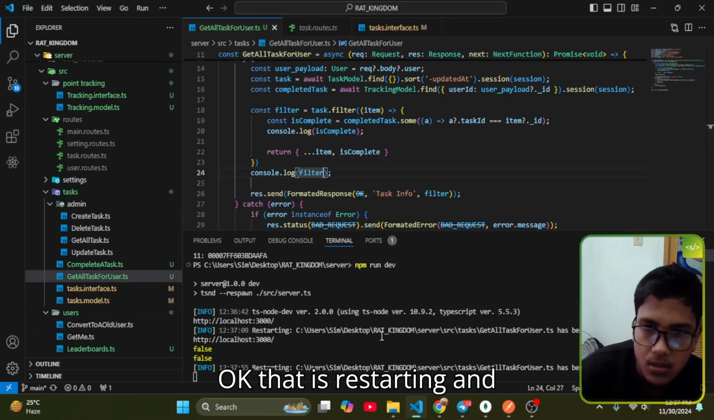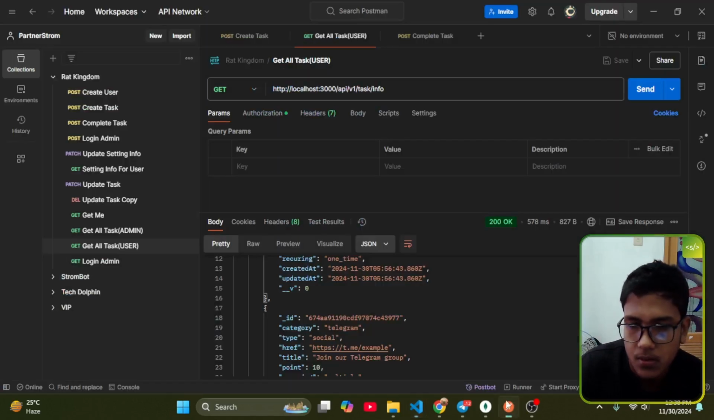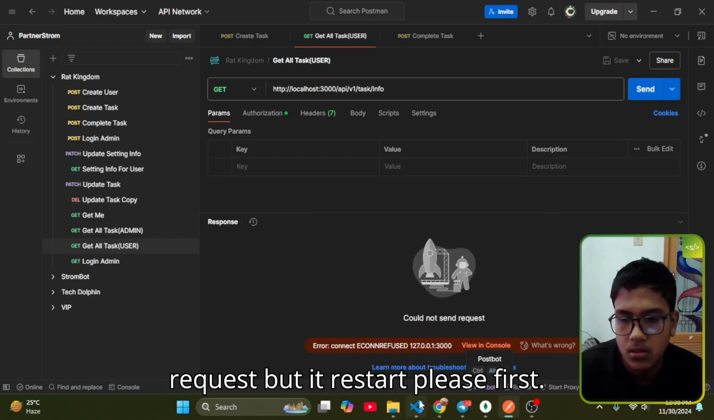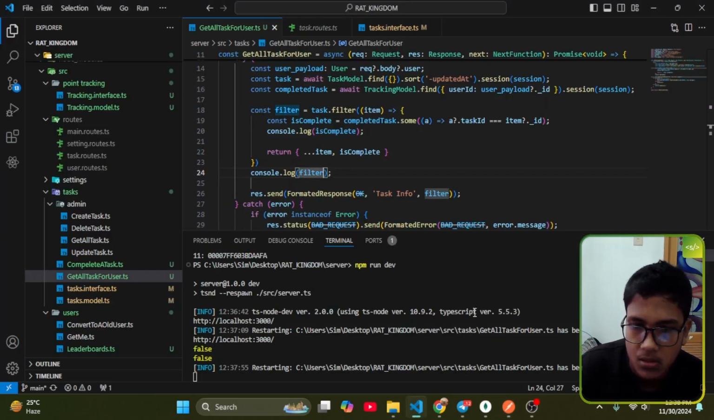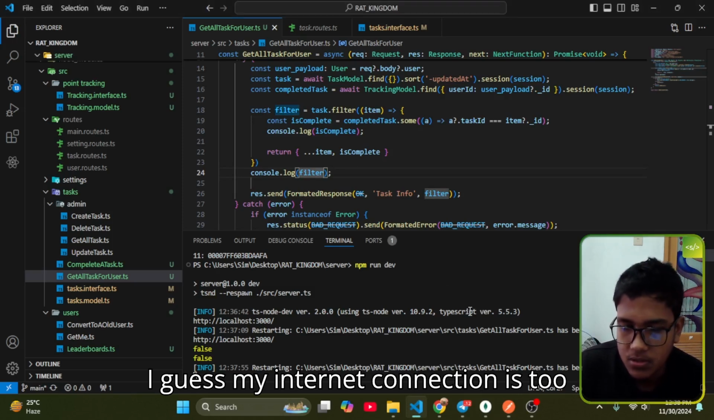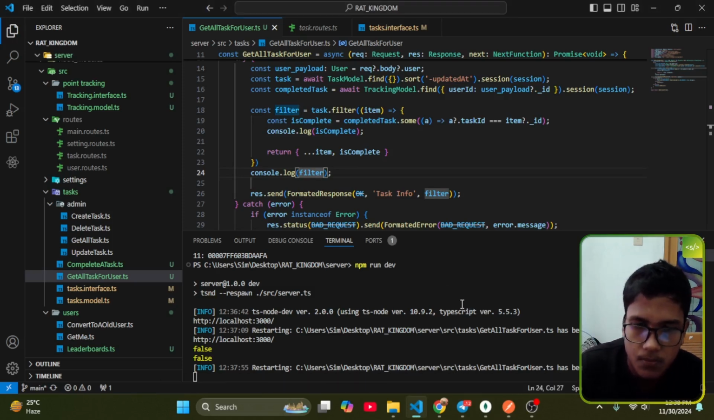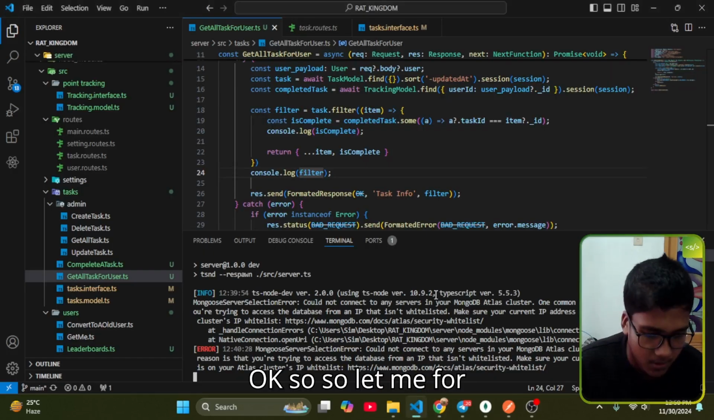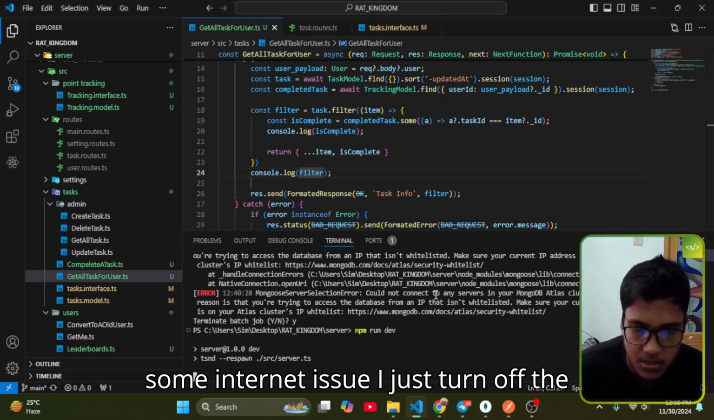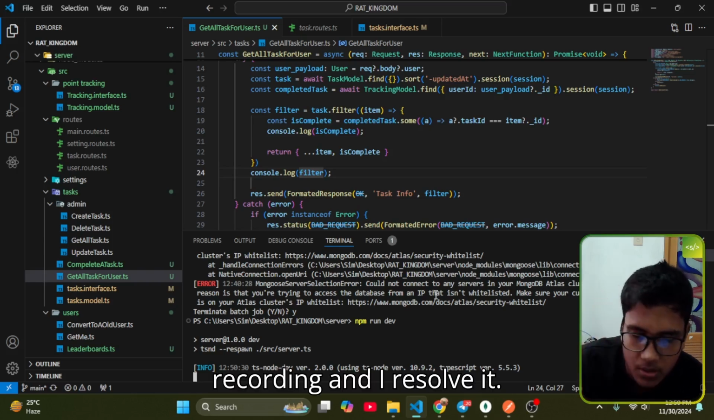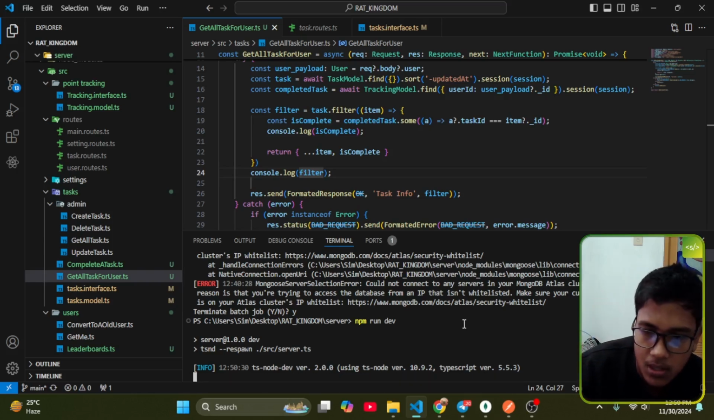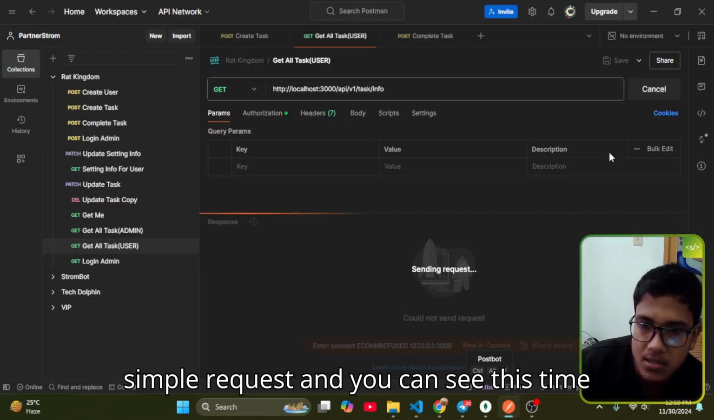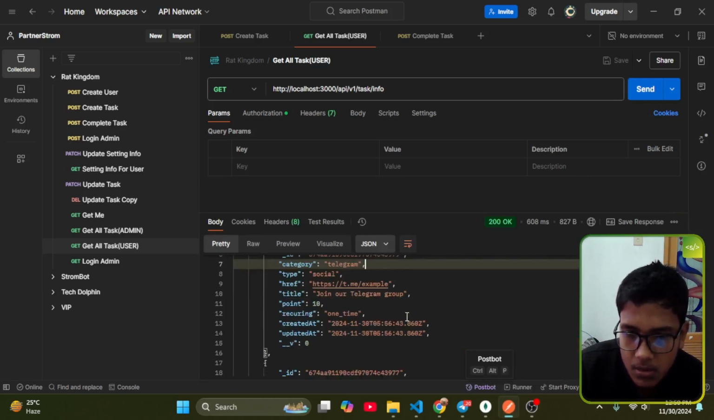Okay, that is restarting, and send request, but restart please, fast. I guess my internet connection is too slow. Okay, because of some internet issue I just turned off the recording, and I resolved the internet issue. Great, now I restart the server and just send a simple request, and you can see this time they do not